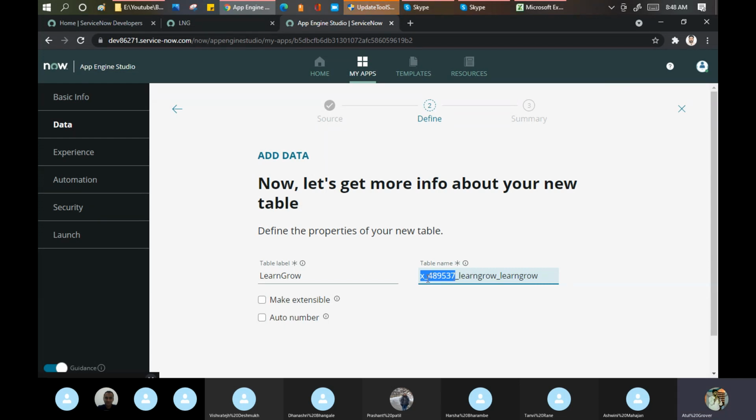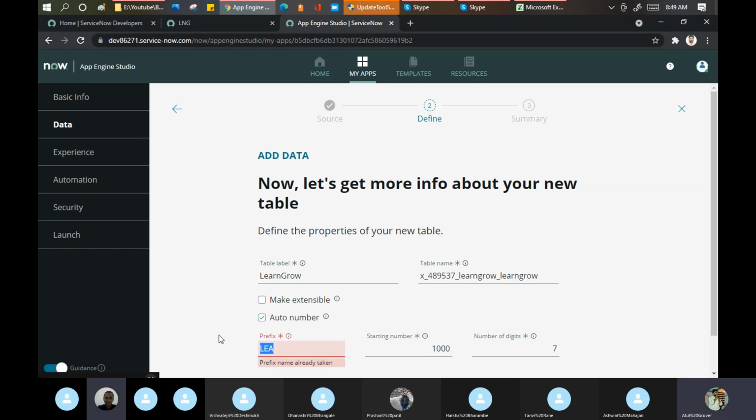X indicates the custom table and it has some auto-generated code for this table number, in a format like this. Do you want to make it extensible? I will not discuss this now because we already discussed. Auto number, yes, I want this auto number.